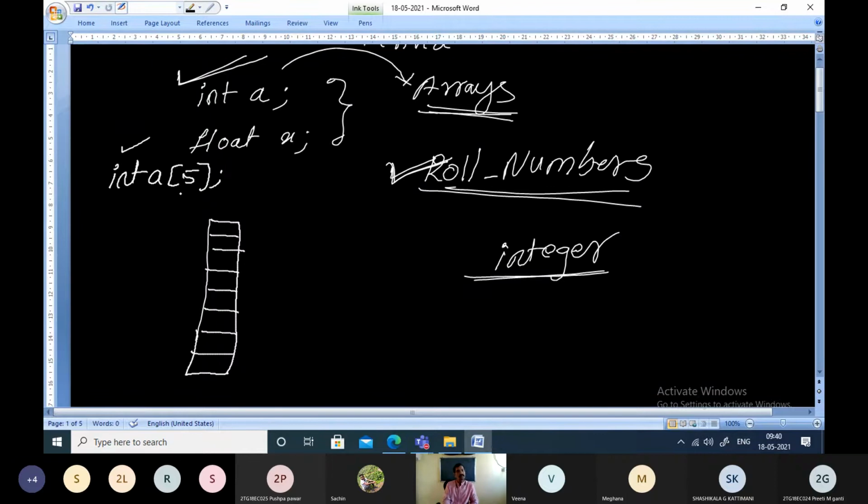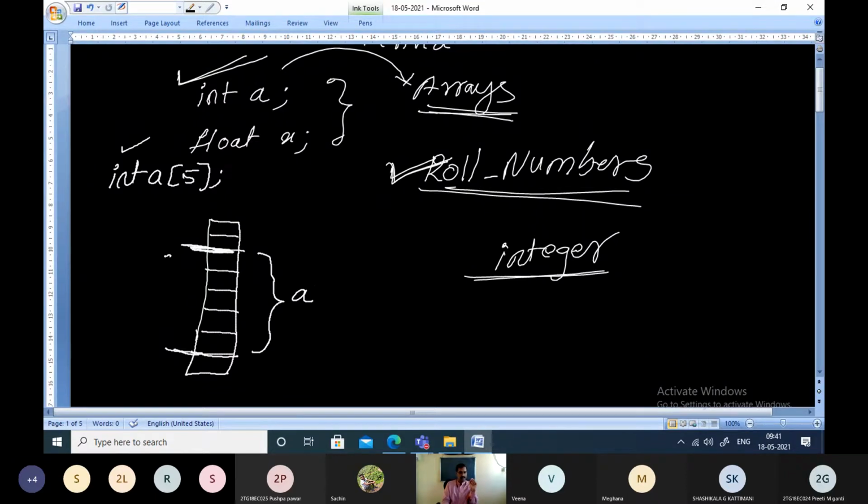Now, how will the memory get allocated? Somewhere in memory, allocation will begin for the variable a, and it requires 5 locations to hold the integer data: 1, 2, 3, 4, 5. That means from here to here the memory will get reserved. These many blocks will get reserved for the array a.